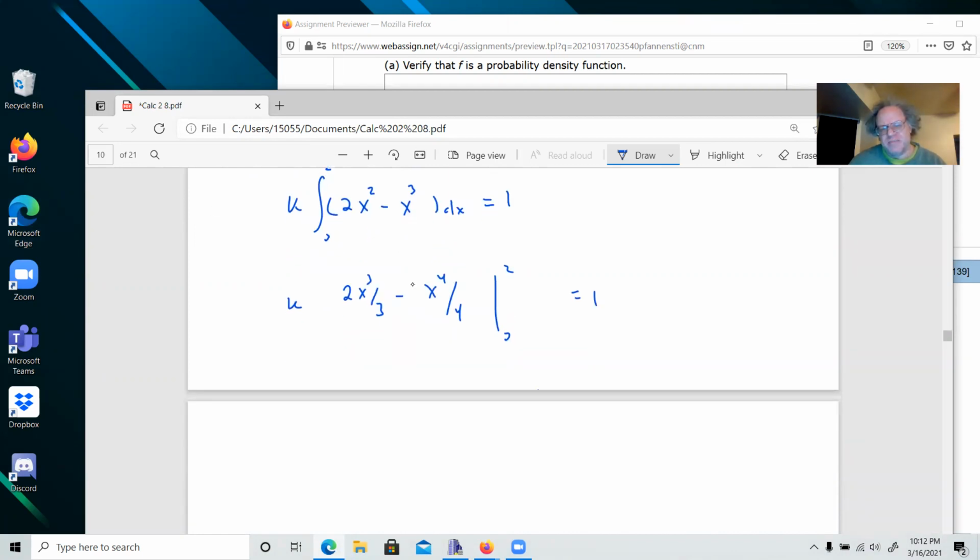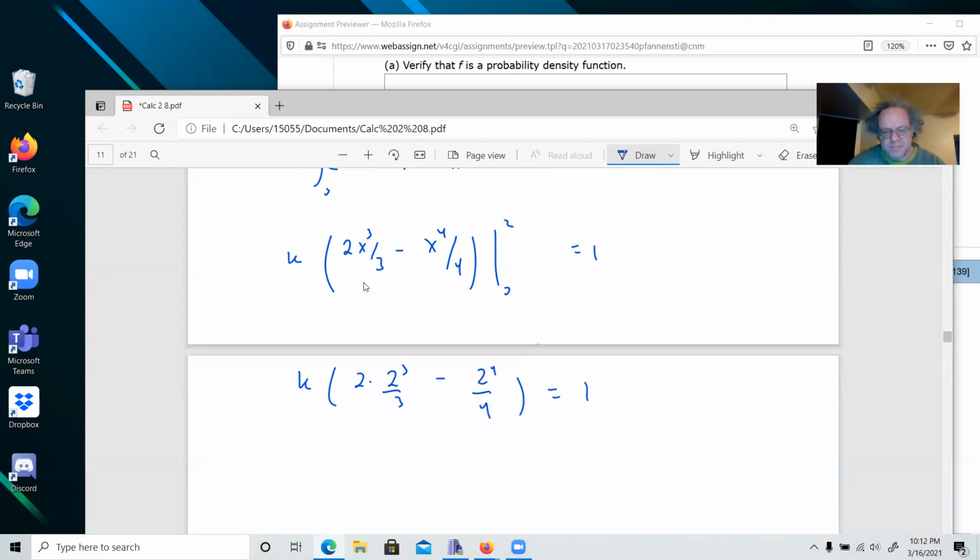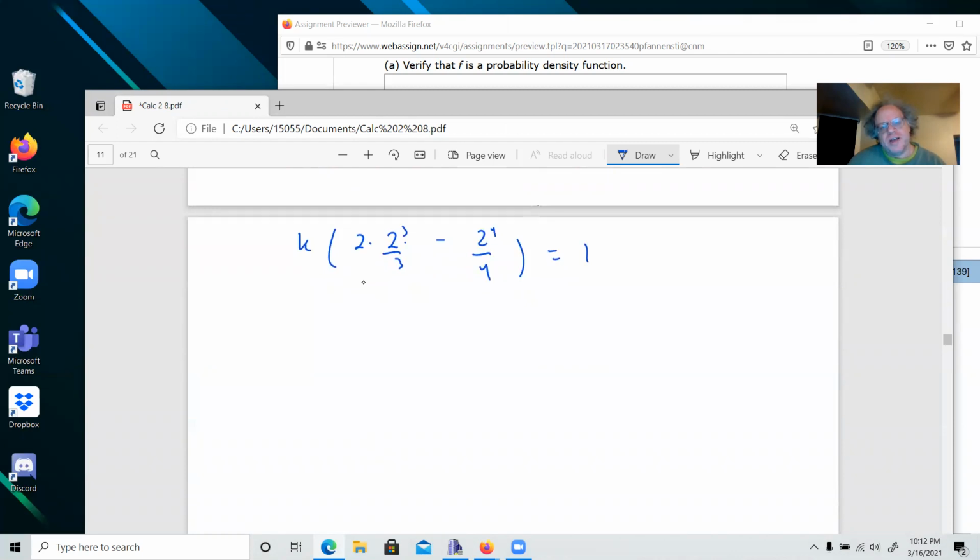If I plug in 0 here, this whole thing is all 0. So let's just plug in 2. So we have k times 2 times 2 cubed over 3 minus 2 to the 4th over 4. This has to equal 1. Is 2 cubed times 2, isn't that 2 to the 4th? Right, could we be cute and pull the 2 to the 4th out, and just have a third minus a 4th,